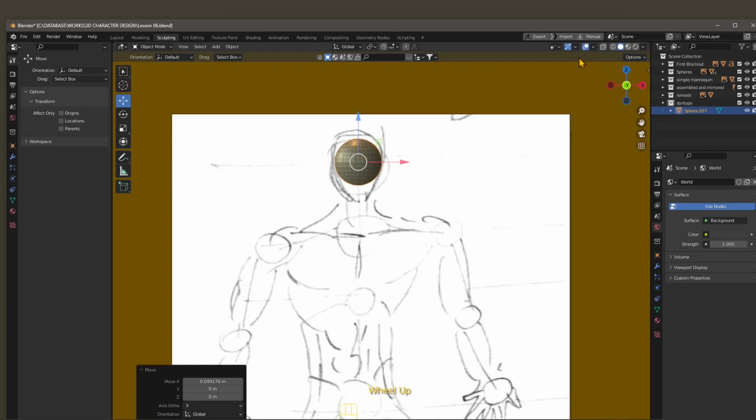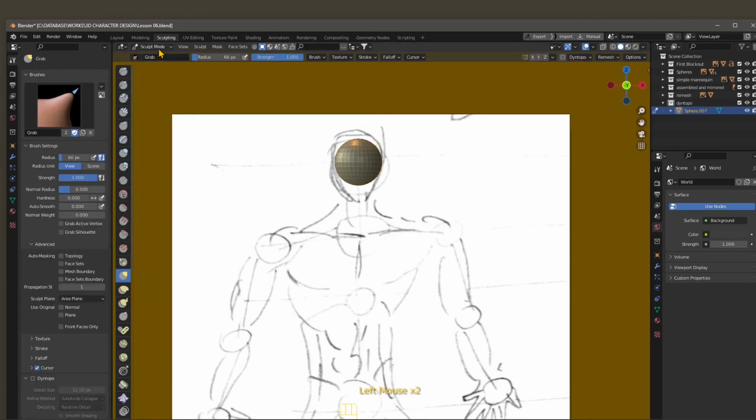And I'm going to activate Dyntopo. So I am in the sculpting mode right now, but I am in the object mode right here. So I'm just going to switch to sculpt mode. This is where you get Dyntopo, Remesh, and all the rest. So I'm going to activate Dyntopo and say okay. And once I do that, also here I have something concerning the voxel or the number of polygons, but we're going to focus on that later. Also, I want to activate symmetry, so X on, and start to move these around. Now, once I start to move things around,